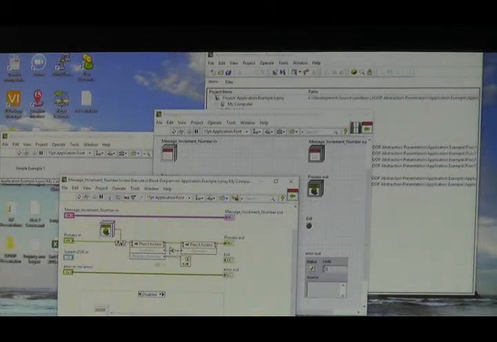So here we're just incrementing the number, and then we're passing the value that we incremented back to the UI. And this is the thing I was talking about with static links. To be able to access the actor's private data, the state data of your actor, you need a static link to the actor so that you can then access that data.